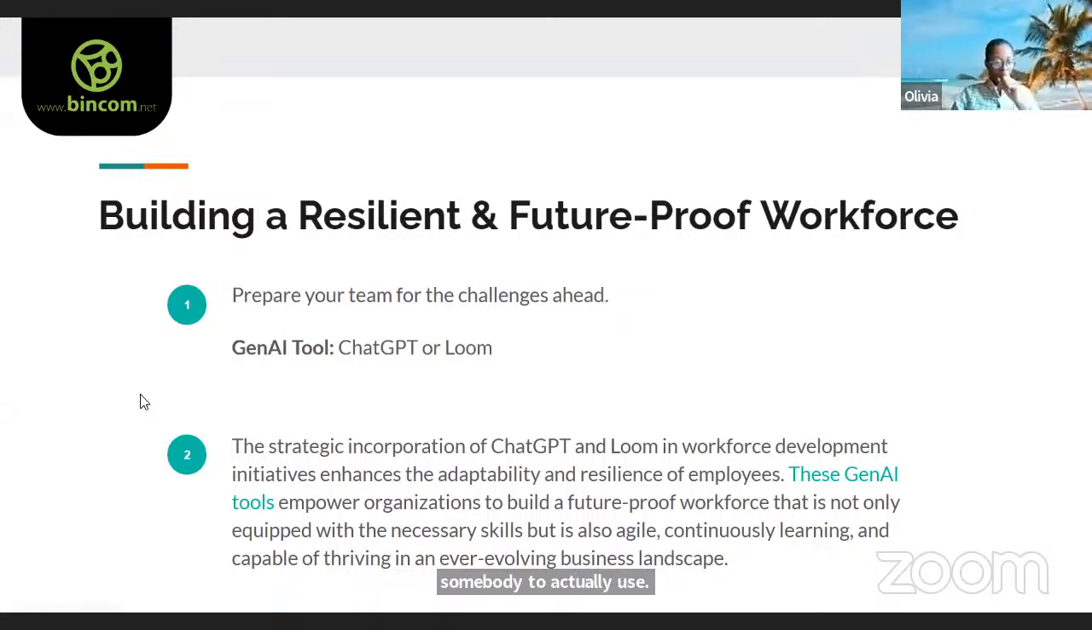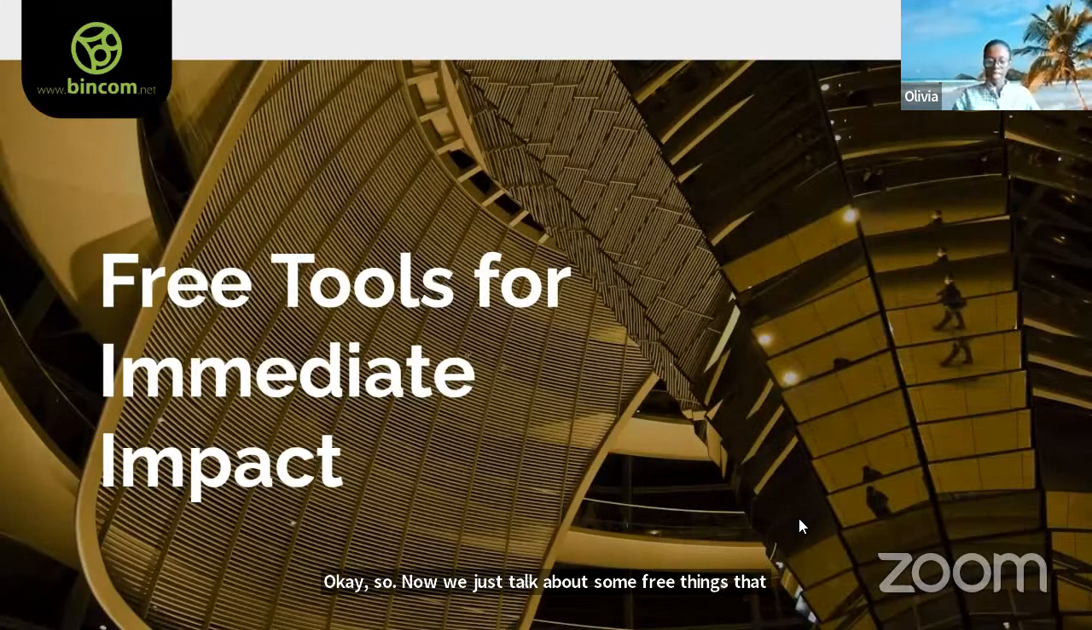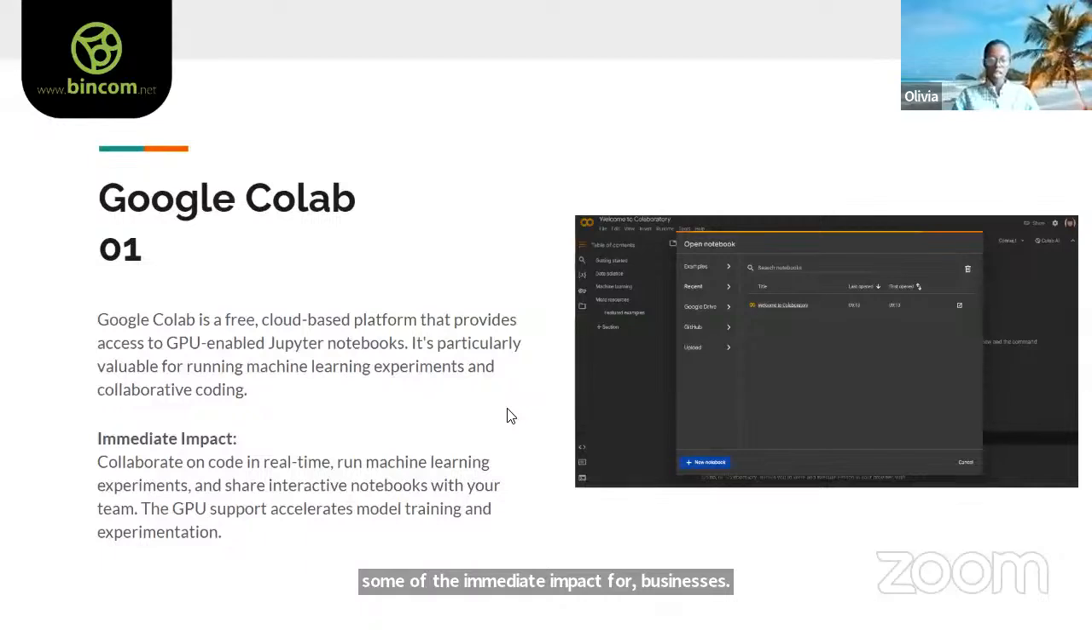Okay, so now we'll just talk about some free tools that are out there. We've already mentioned some of them, and some of their immediate impact for our businesses. We have Google Colab, which is free, and the immediate impact is you can collaborate on code in real time, run machine learning experiments, and share interactive notebooks with your team. So this is how the interface really looks. Some of these tools may not